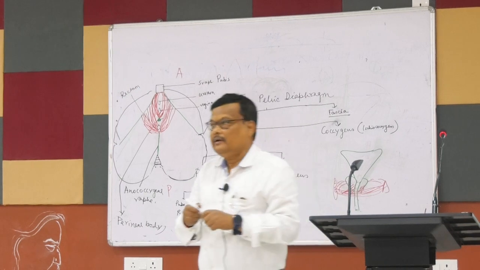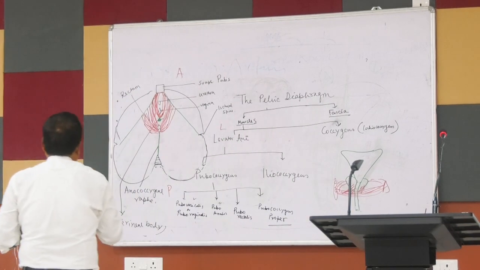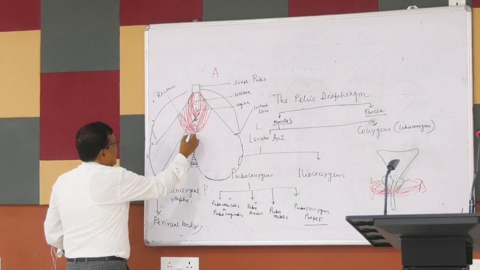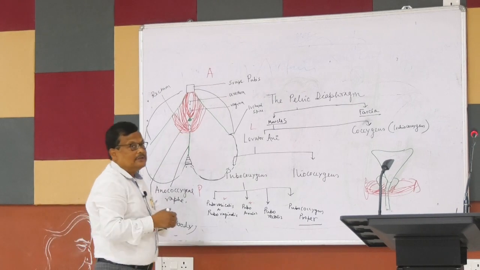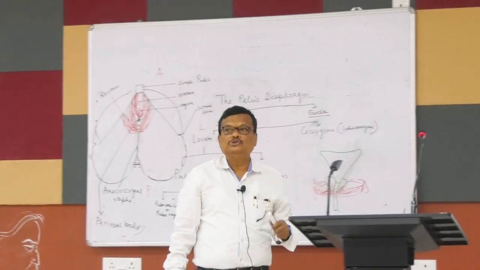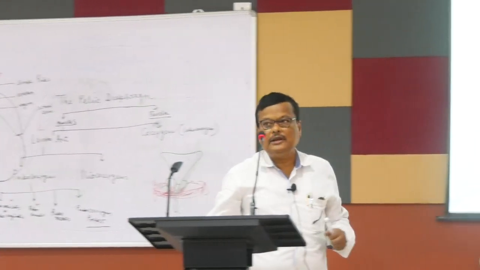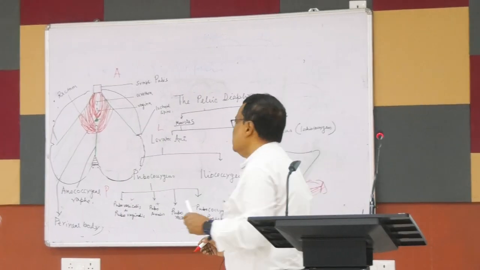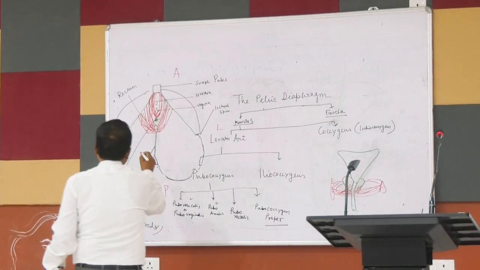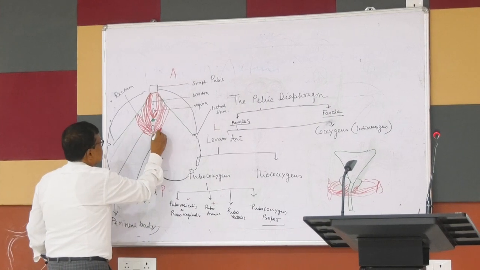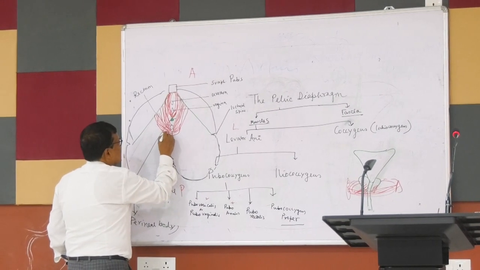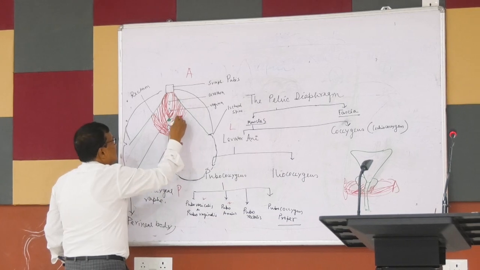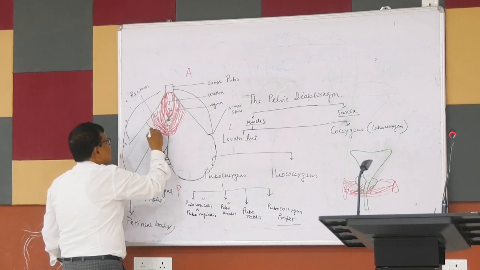So it encircles the rectum, meaning the lower part of the rectum and the upper part of the anal canal, to form a sling, which is known as the puborectal sling, which is very important for defecation. So it is the puborectal sling. This encircles. Then the next part is pubococcygeus proper, which is a broad sheet of